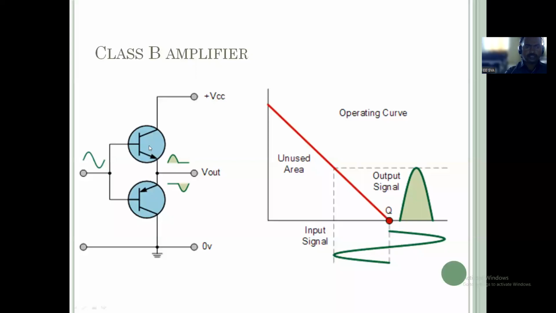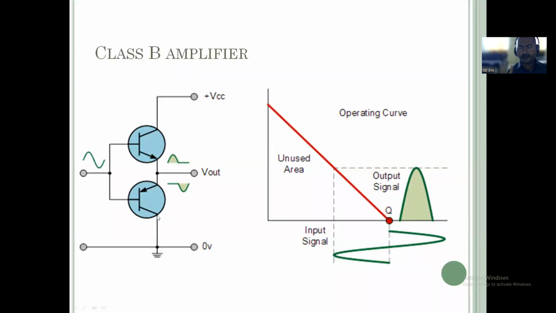Either this transistor or this transistor should work, only one, right? So whatever gain comes across should be due to only that one transistor, and the other transistor should be off, right? So whatever comes with respect to class A should be eliminated here. In case of class A, the transistor used should work